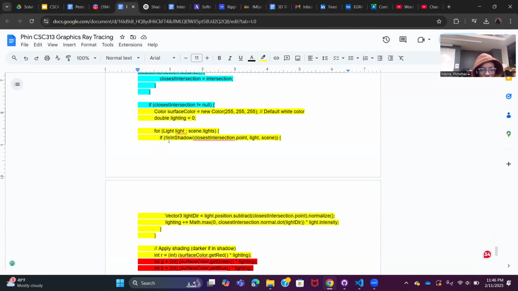And this one checks if that point is in the shadow, and you put in the light. If it's in shadow, this function checks the intersection, that point. And then if it's not, so if